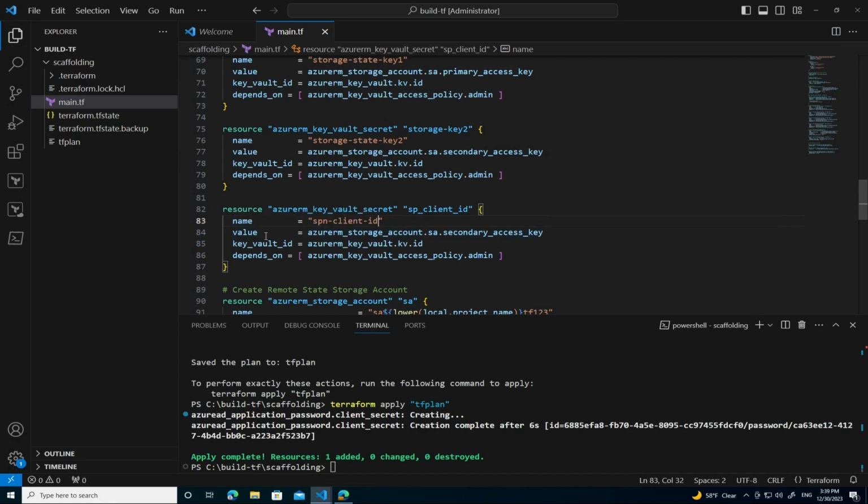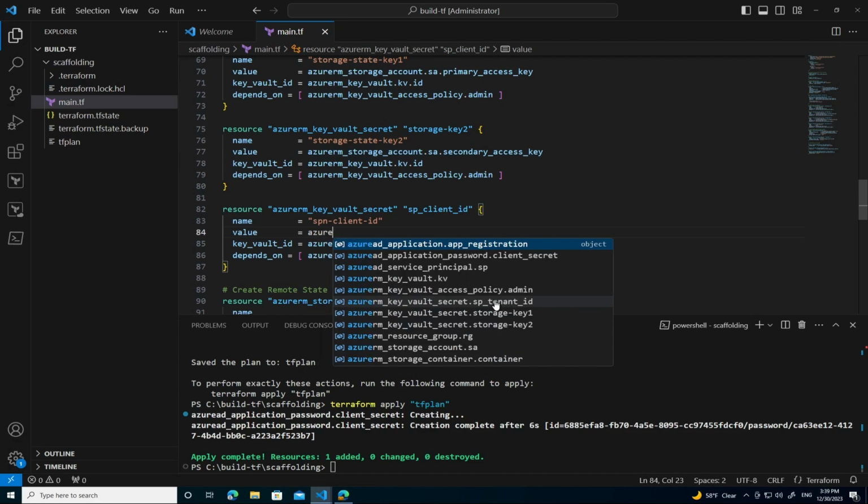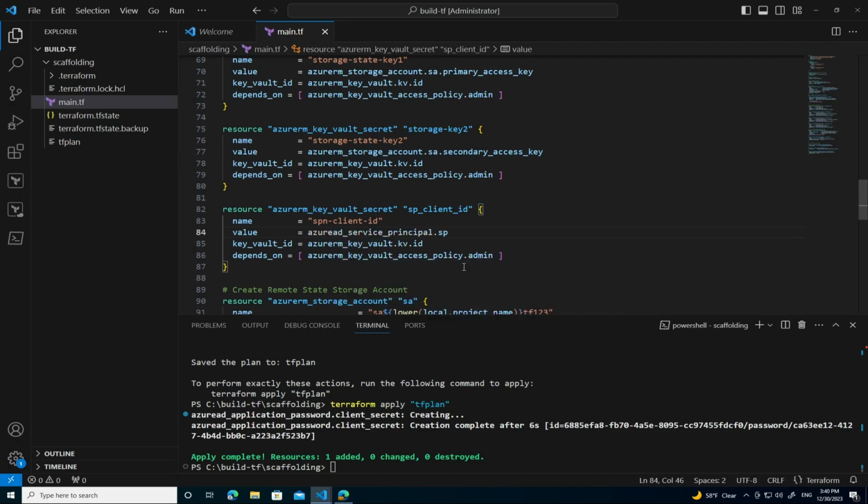So the value of this is going to be the service principal. So let's see if we can work that out. So Azure, be this one, and that will have a client ID. And we want it in that Key Vault. Obviously, we want to make sure that the policy is provisioned before it tries to create a secret. So let's copy this, and we'll do the same for